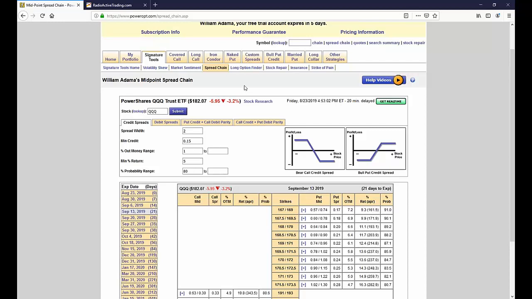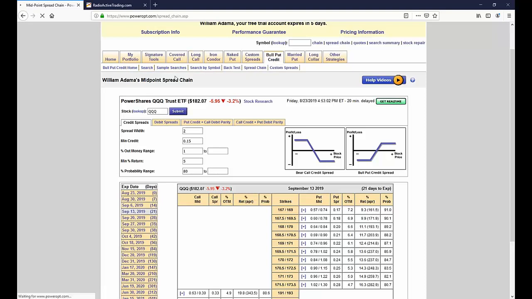Earlier we were talking about the spreads, legging into the spreads, and how I'd like to see an overvalued or undervalued option. Fernando says, how do you see in the Power Options tool if an option is overvalued or undervalued? Well, you can do it from this chain. You can do it in most any of the searches, or you can do it directly from the option quotes